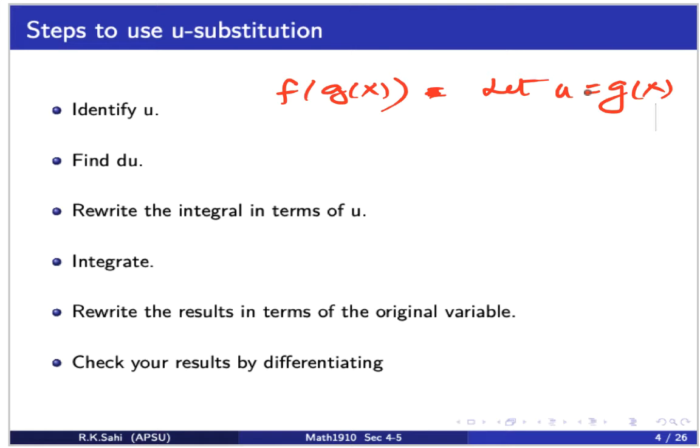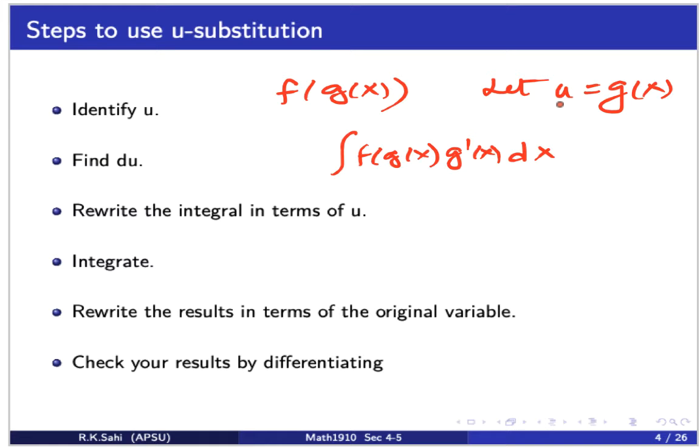If you remember from differentiation, g of x is the inside function, so we're looking for the inside function. Once you have figured out the correct u, find the differential of u and rewrite the whole integral in terms of u. For example, with f of g of x times g prime of x dx,